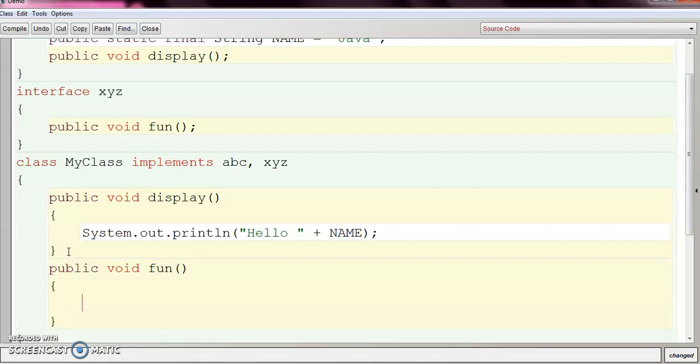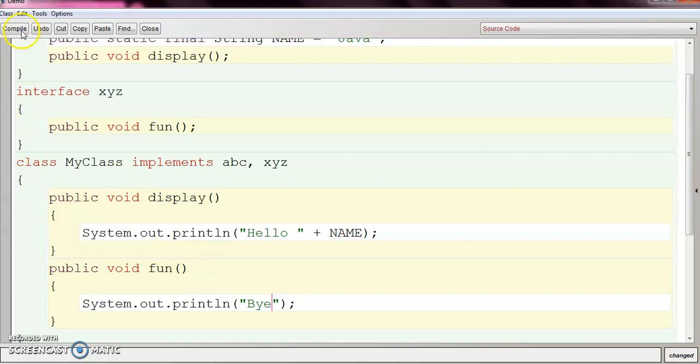So I am also writing a simple print statement here. Let's delete it and just say hello, and I'm just saying bye. So in Java we can implement more than one interface using the same class. So in this way Java implements the concept of multiple inheritance.